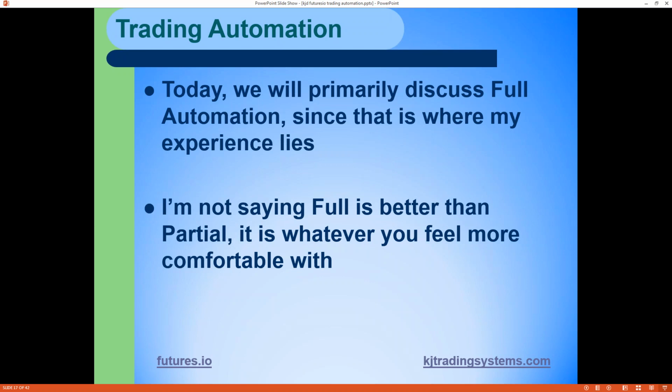And don't get the impression that I'm saying don't do partial or people who do partial aren't as good as people who do full. There's a lot of different ways to trade, and there's a lot of different ways to trade successfully. Of course, all those ways you can also lose too. At the end of the day, you got to trade in a way that you feel comfortable. That's the big thing. As long as you feel comfortable with automating maybe part of it, all of what you're doing, or none of it, that's a good way to go. But I'm going to kind of explain some of the things to think about if you're looking at automating, some of the pros and cons.